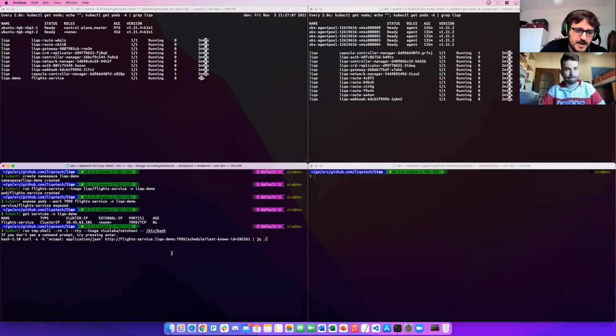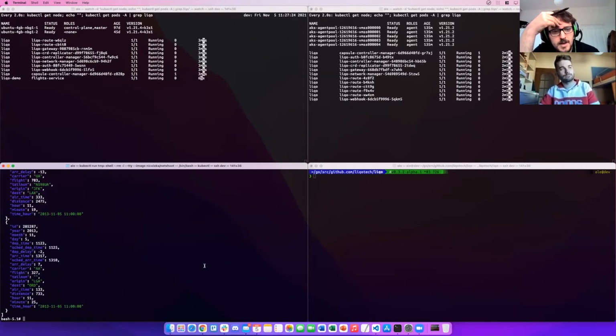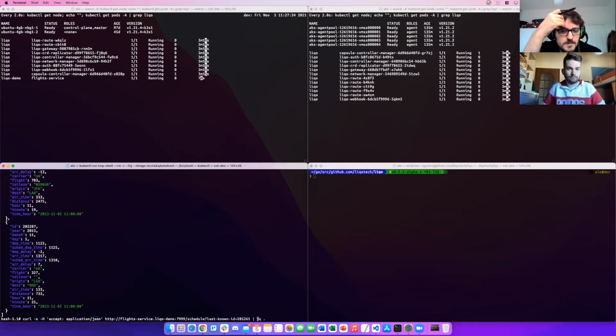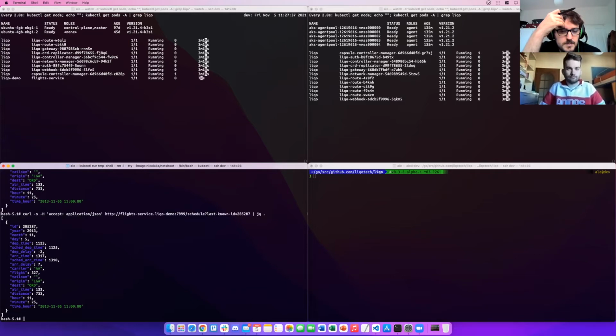Here you have the address of the service, and we get the values from this endpoint, from this web service. Here we have plenty of flights that are returned. And if you get, for example, the last one, we simply get the last one. So it's a very simple web service.